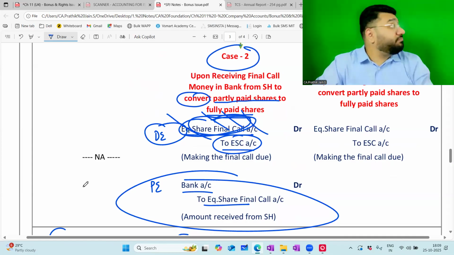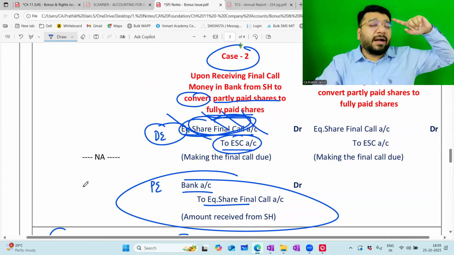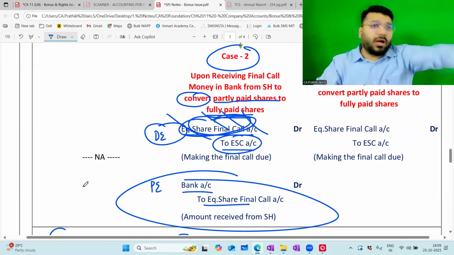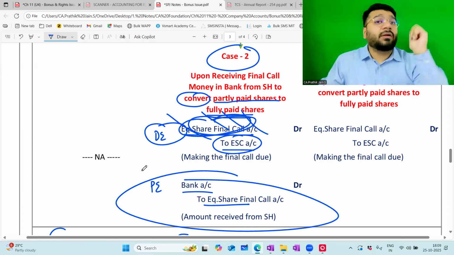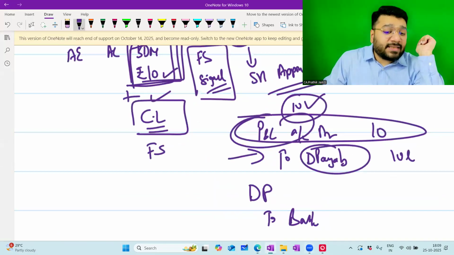Don't memorize blindly. Some people just blindly memorize. Converting partly paid to fully paid means what? These two entries should come up. If the due entry and the payment entry are both not there, then in the balance sheet, if there is already